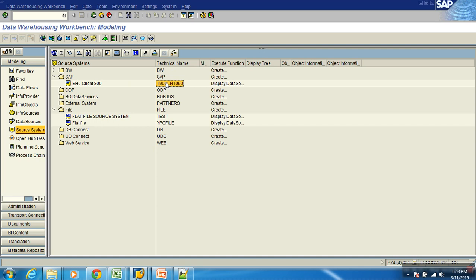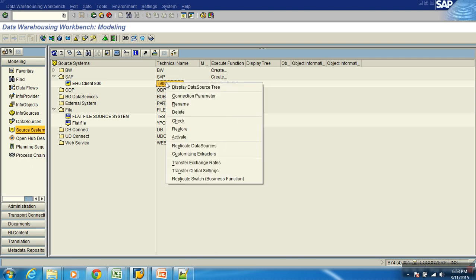Now we go to source systems here. So this is where you'll have all the connections. When you expand, what is here? SAP connection. This is a connection which is connecting my ECC product and BW. Normally for my business, all the transaction systems would be my ECC, SAP R3, or let's say APO, depending on the system.